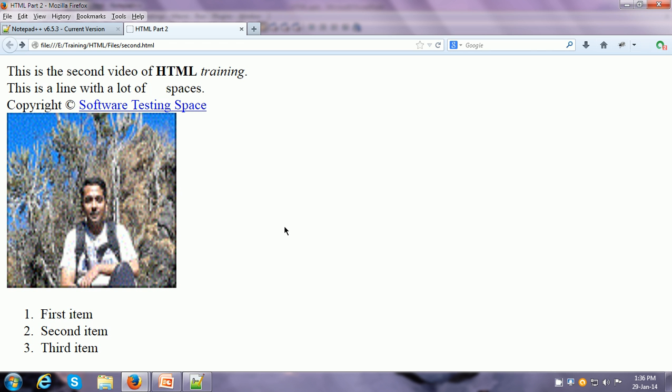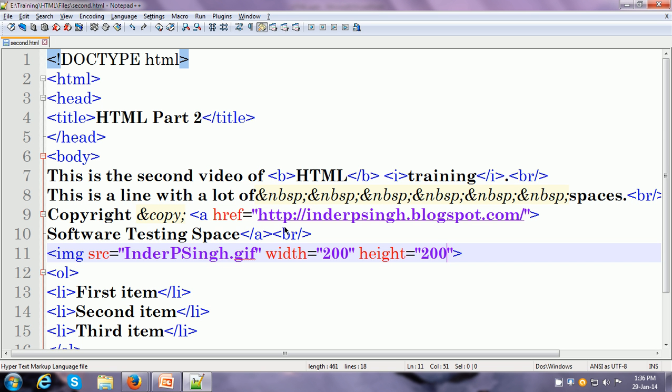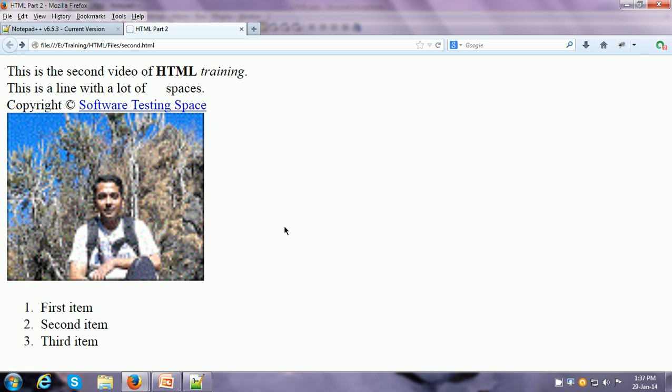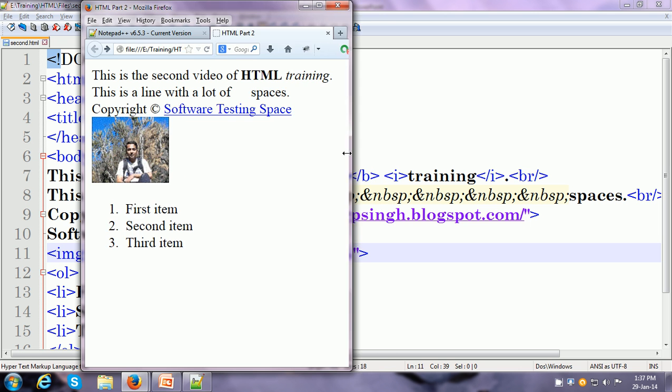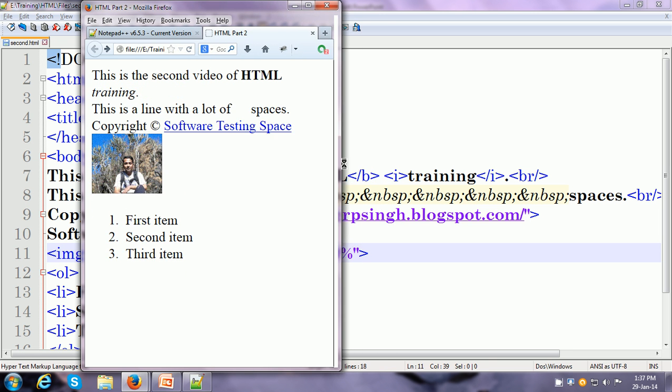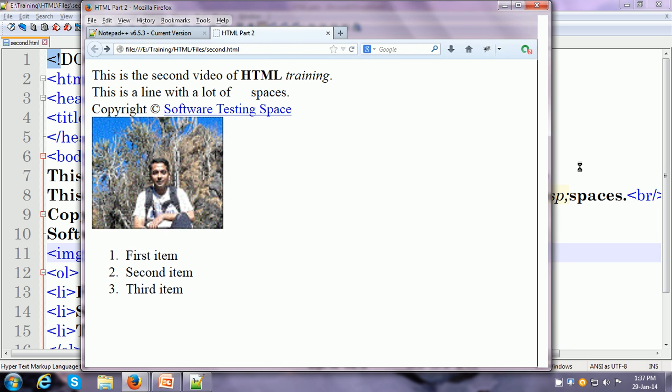We can also do another thing. We can specify the height and width attributes as percentages. So let us say I always want this image to be 30% of the width of the browser window. So let me refresh it, and now you can see 30% of the browser window is occupied by the image. Why this is useful is because if the user resizes the browser window, the image width automatically adjusts according to the width of the browser window.